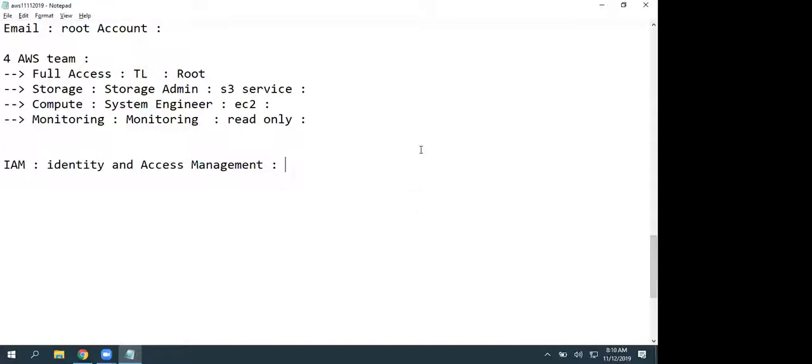The advantage with IAM is I can create a set of rules or permissions and apply them to the users based on their job roles. For a TL, I can create a policy.